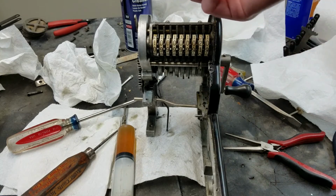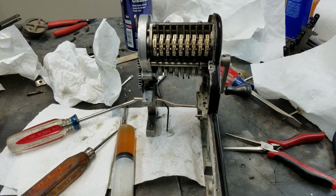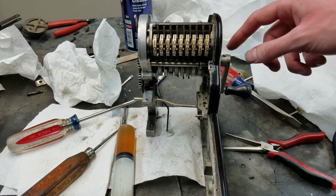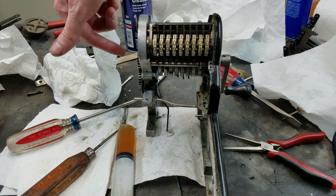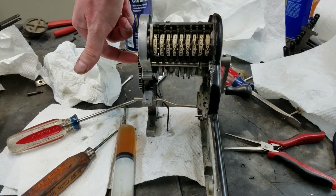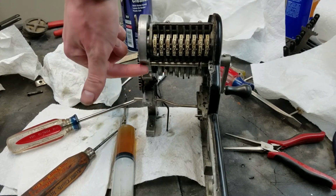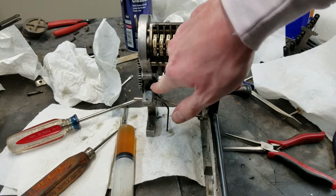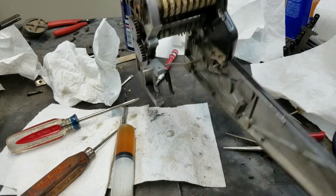It just runs through the center, and the drum has bronze or brass bushings in each end that bear on that shaft, allowing the shaft to spin freely inside the drum. And then that shaft comes over to here and has this gear on the end of it. Then that gear drives this gear, which has a shaft that goes through the center support. It has a gear on the other side, and that gear on the other side